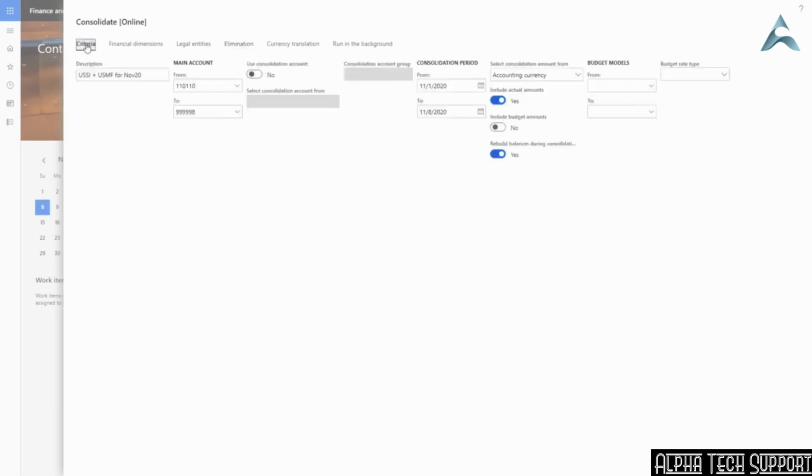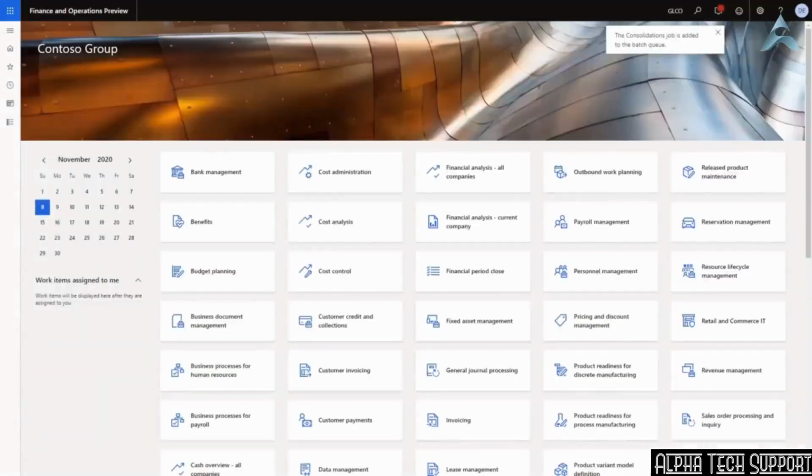With this much being selected, I'll go ahead and click on the OK button, which will run the consolidation process and consolidate the data from the two subsidiary entities, that is USMF and USSI, and put the consolidated data into my GLCO company, which is the company that I'm currently logged into. So let me go back into the consolidation module,